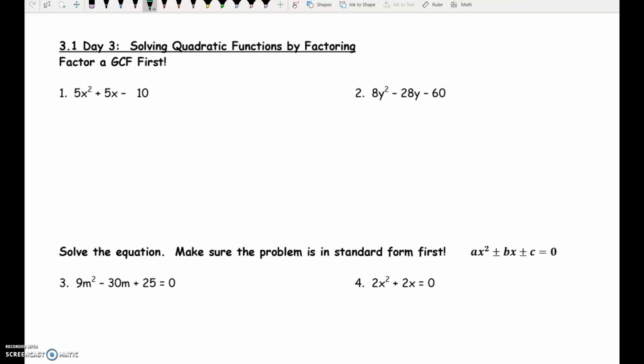We're going to cover a couple of things today. First of all, we've learned about several pieces of factoring. We've learned about difference of two squares. We've learned about factoring greatest common factor. We've learned about factoring when we have something other than a 1 in front of the x squared term. We're going to try to put all of that together and then take it a step further and use factoring